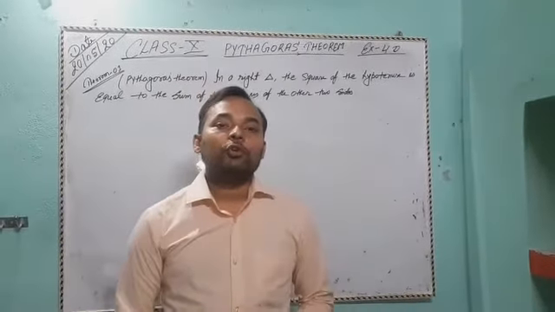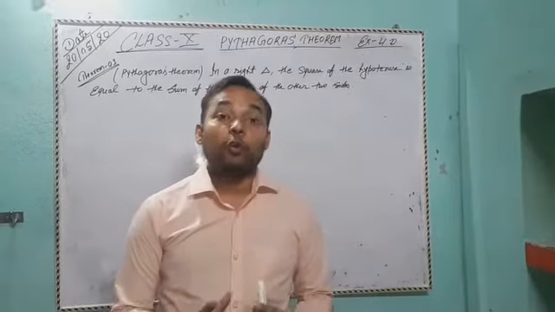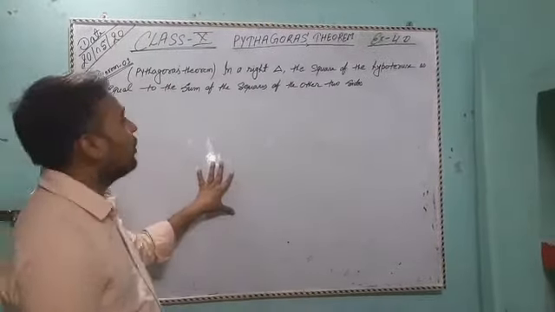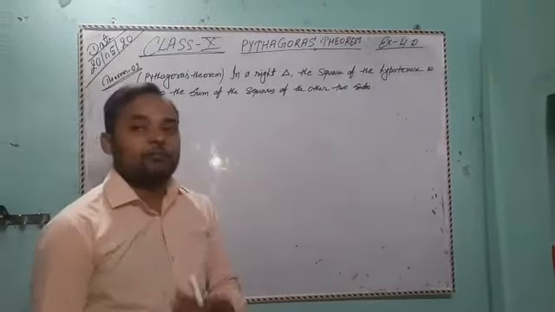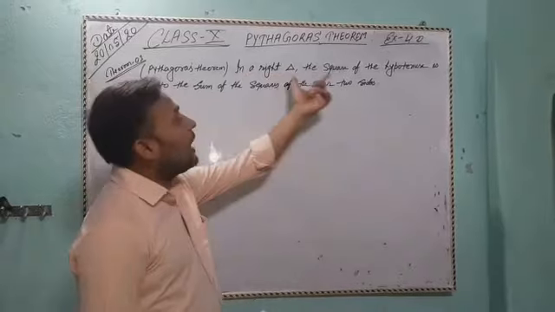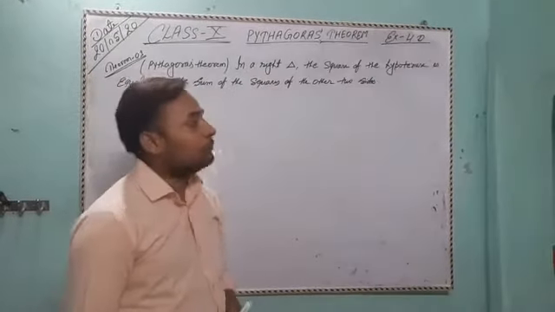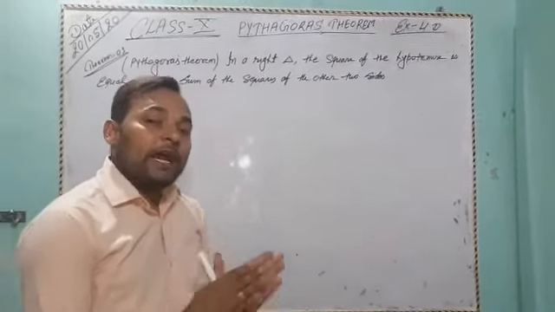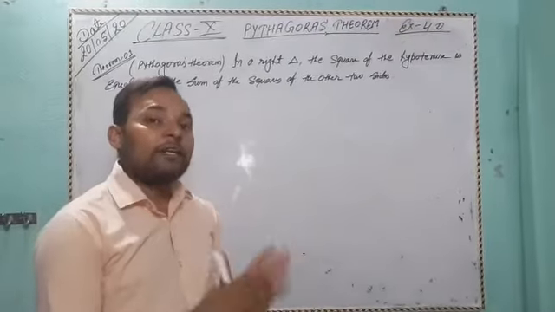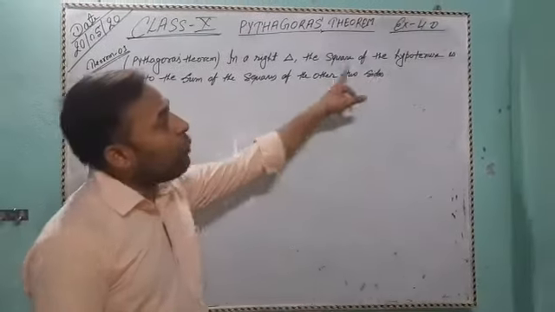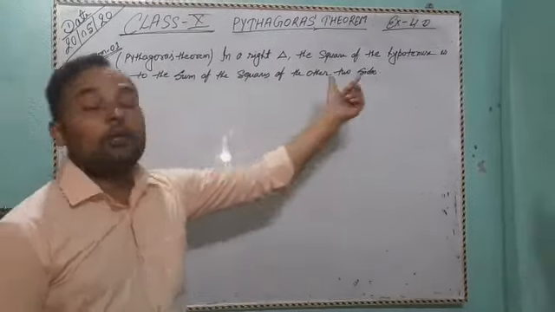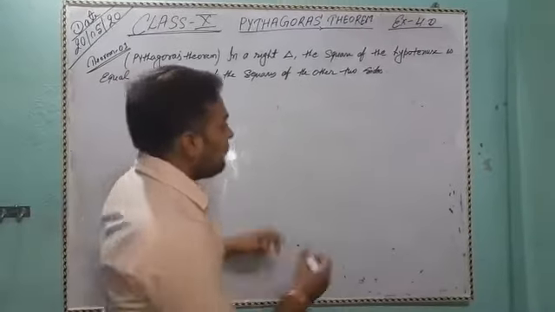Students, today I am going to discuss a very important theorem, the Pythagoras theorem. So what is the Pythagoras theorem? In a right triangle, the side opposite the 90 degree angle is called the hypotenuse. The square of the hypotenuse is equal to the sum of the squares of the other two sides. First of all, we draw a diagram, a triangle